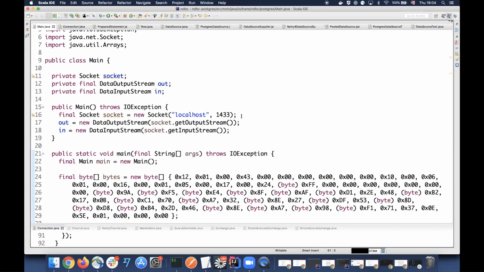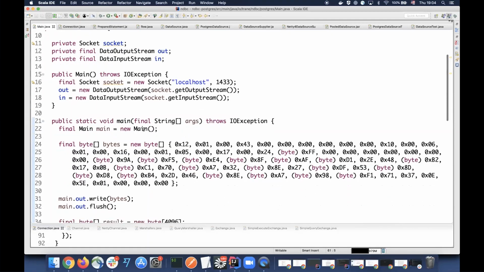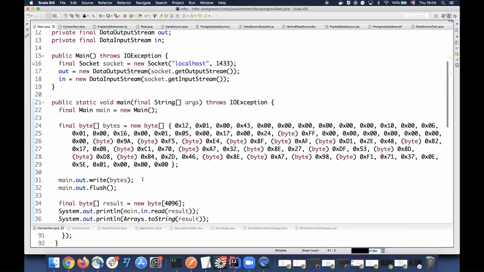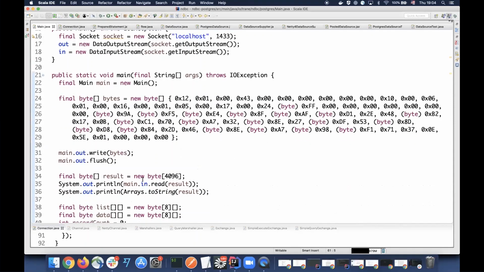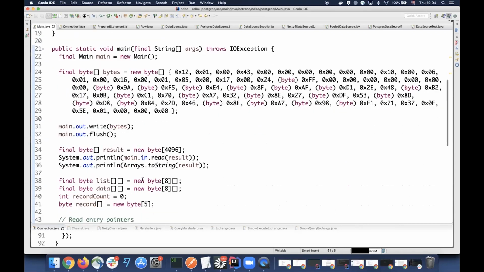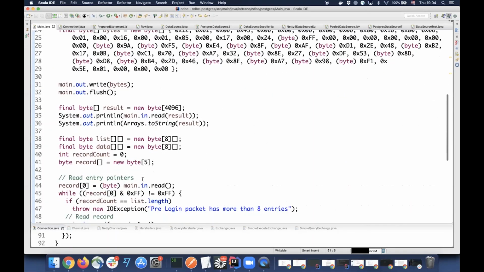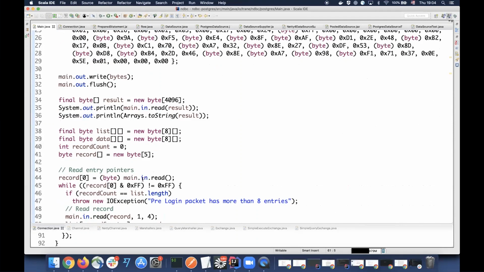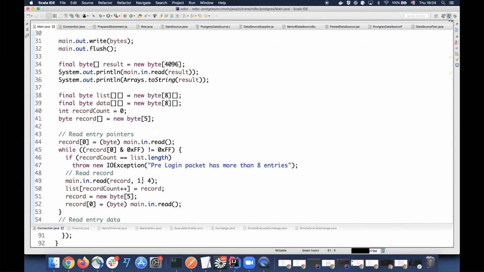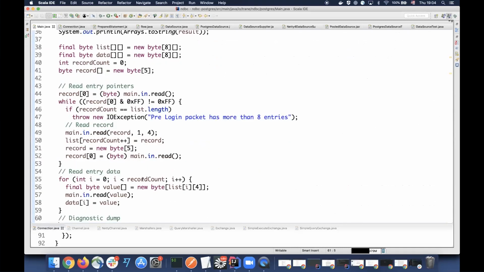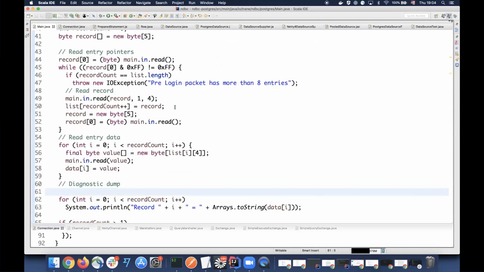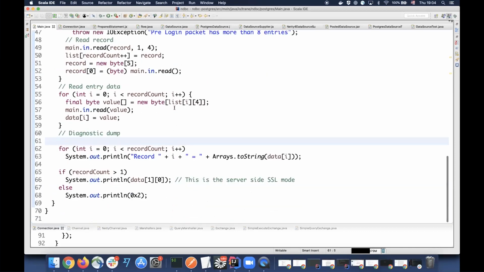And then you're going to have here this wonderful array of bytes. You use somehow some sort of input stream, output stream to talk to it, right? Really low level, sorry, JVM meetup. Okay, and then you write and you send some more bytes and you read more bytes, and then you have arrays of bytes, and then you read entry pointers, pre-login packet, and if something fails, read record. Beautiful, isn't it? What does it do? Can anyone guess?